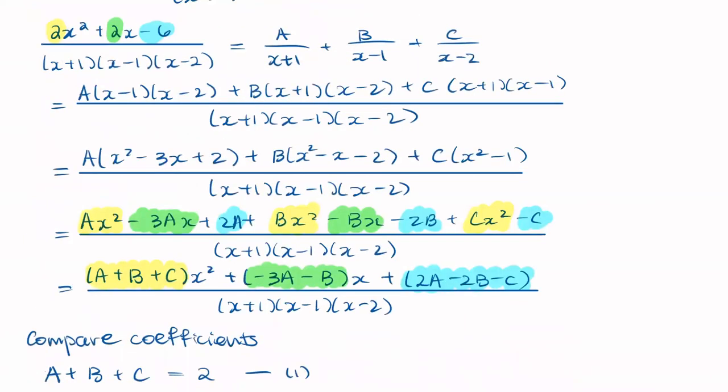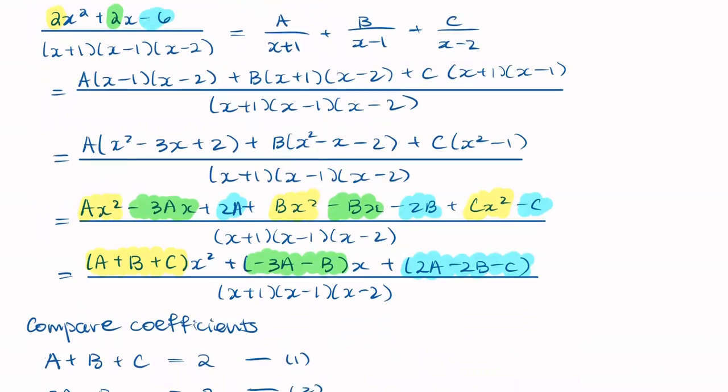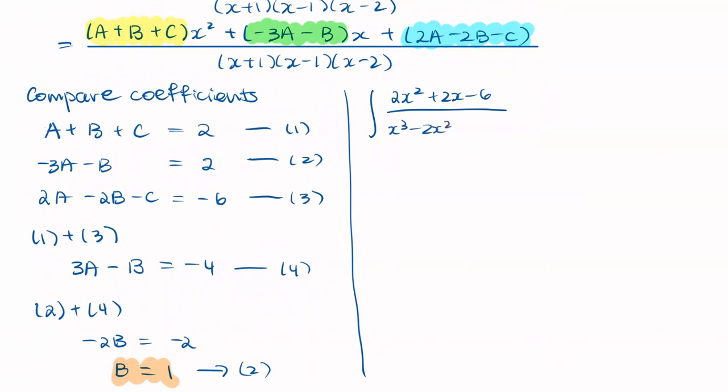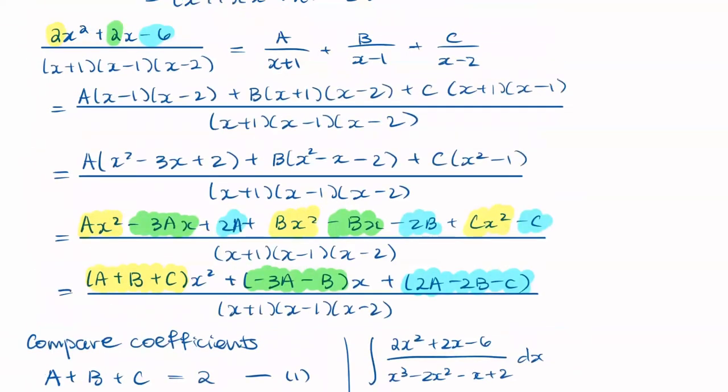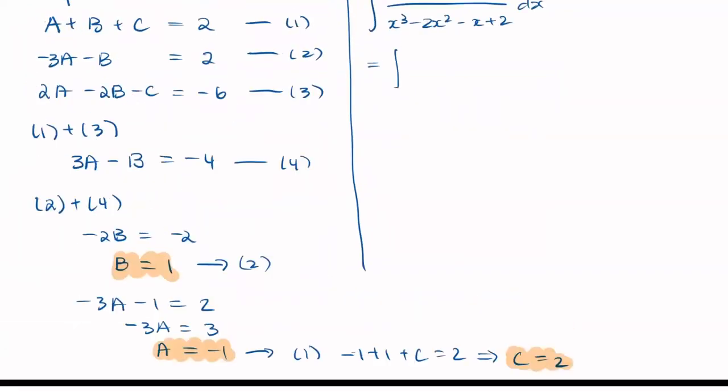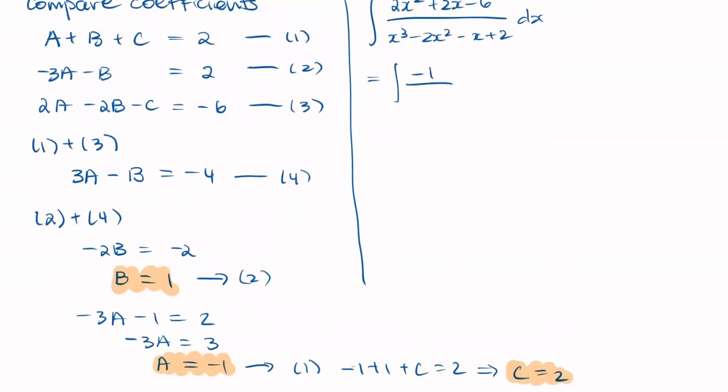So back to this part up here. We could write this. So down here, we have the original integral given by 2x squared plus 2x minus 6 divided by x cubed minus 2x squared minus x plus 2 dx. So I could also write this as the integral. So the first one is going to be a divided by x plus 1. So a was negative 1. So I have negative 1 divided by x plus 1